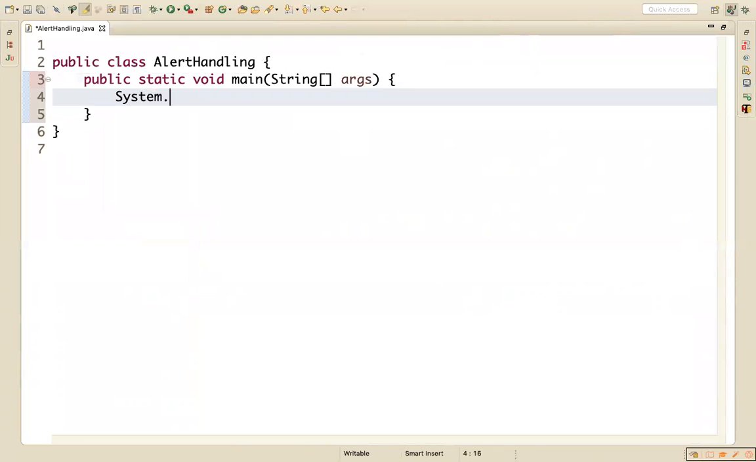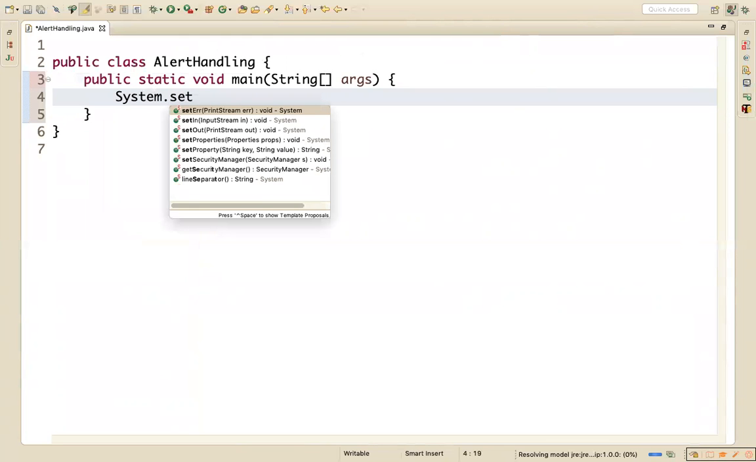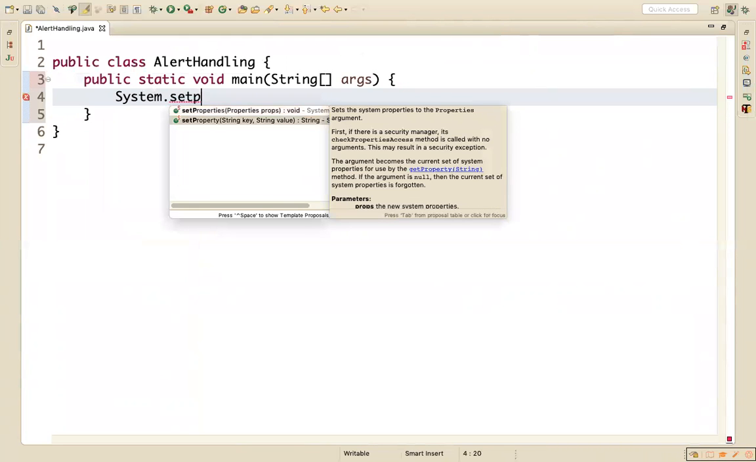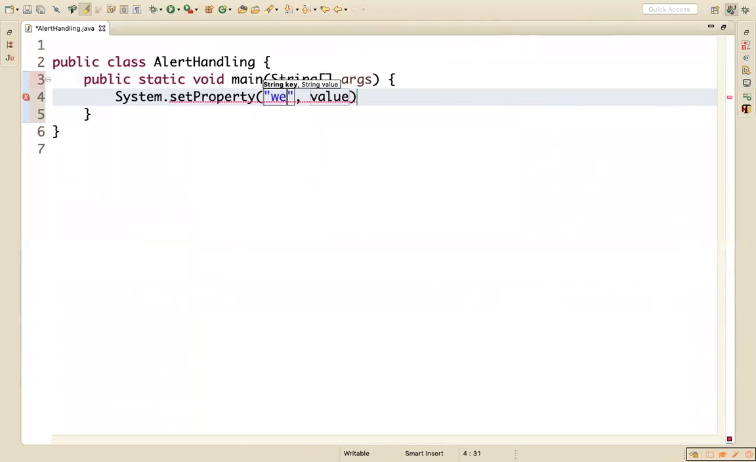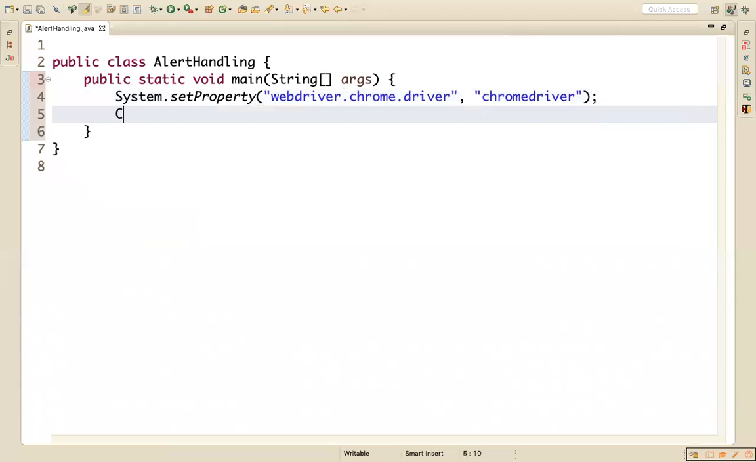Now System.setProperty, and webdriver.chrome.driver, and that chromedriver.exe path. If you are using a Windows operating system, you should specify .exe over here. If you are using Mac or Linux, you don't have to specify the extension. So I'm opening up the Chrome browser using this line, Chrome driver